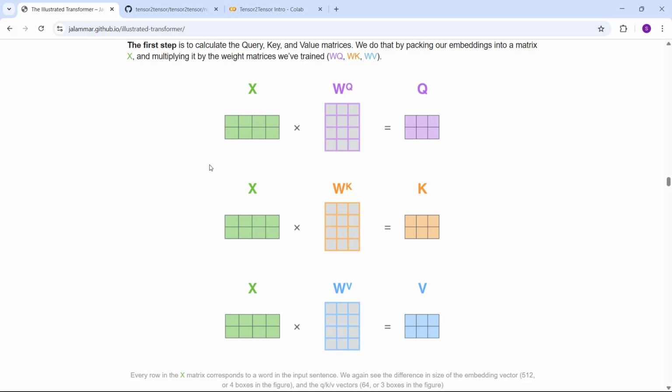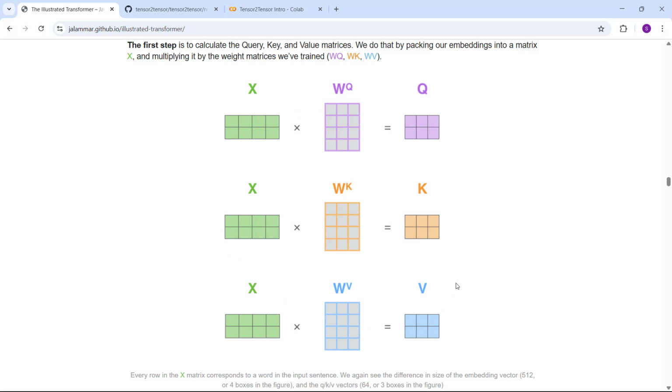This query vector contains input embeddings plus positional encoding. Similarly, this is the input sequence, and this is the key matrix. We will do the matrix multiplication and get the key vector. And this is the input sequence and this is the value matrix; we will do the matrix multiplication and get the value vector. Then how to get the self attention? We matrix multiply the query vector and the transpose of the key vector, and then we multiply with the value vector as well. That's how we get the self attention.